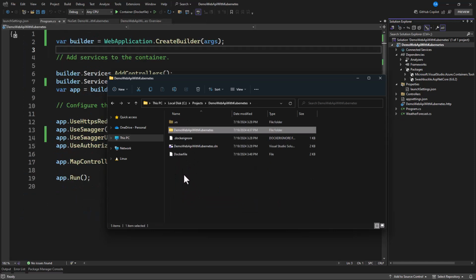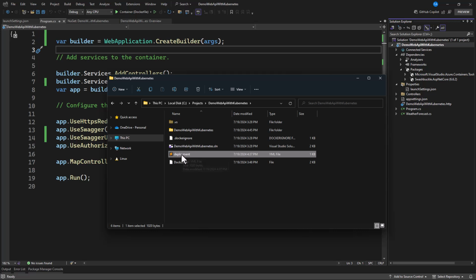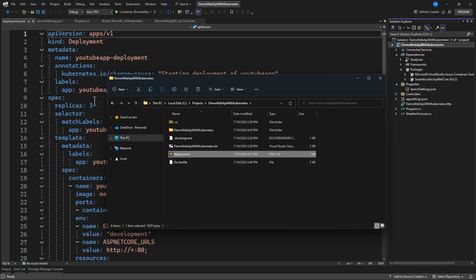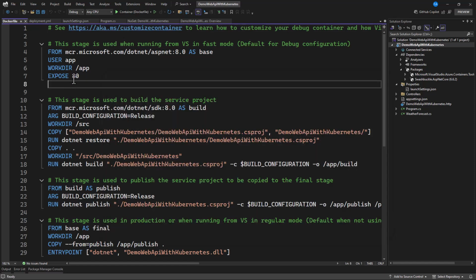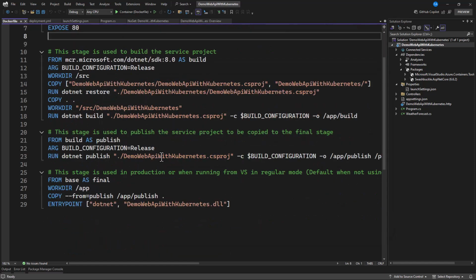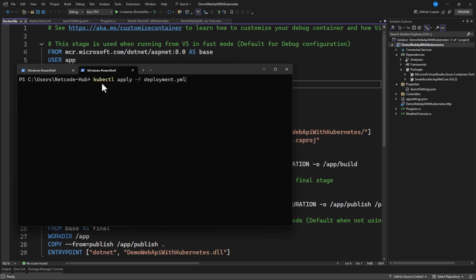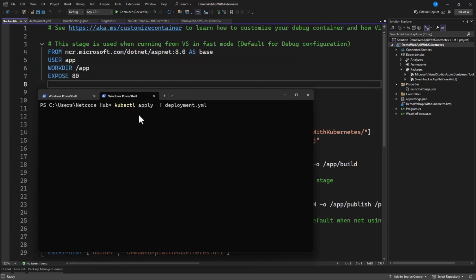So we have a deployment file also attached in here. Maybe we can just drag and drop it to get it open so we can verify stuff in it. Let's also drag and drop our Docker file so we see things for ourselves, right? So we have our port 80 exposed, and that is all. All right, so let's go back, and in here we're going to apply. So now that we have the Kubernetes command line installed successfully, we're going to apply this.